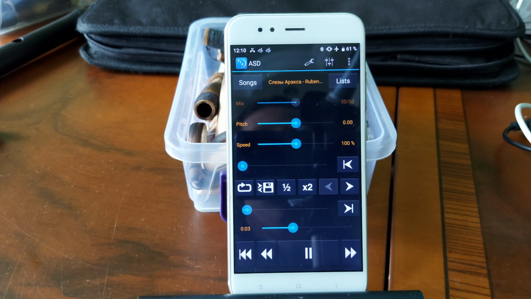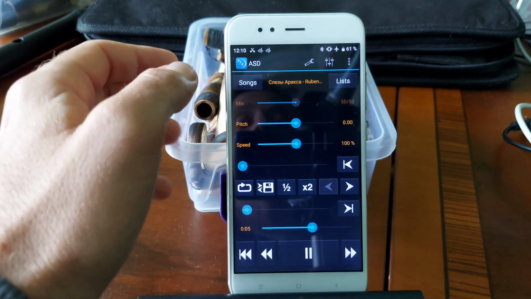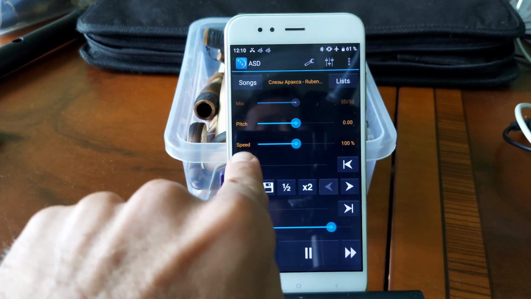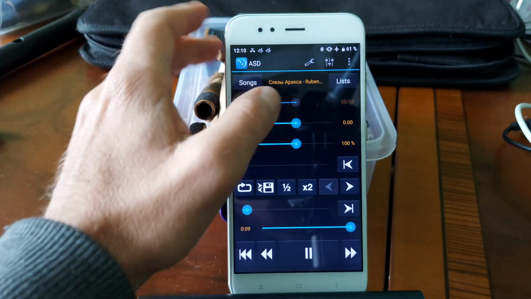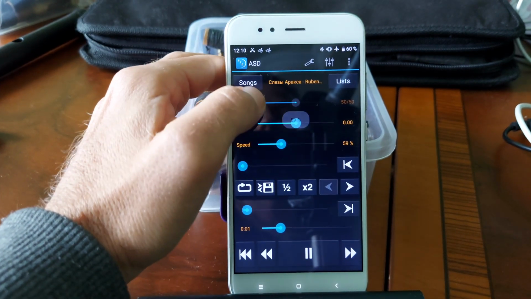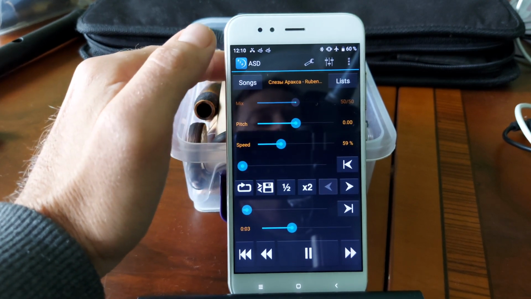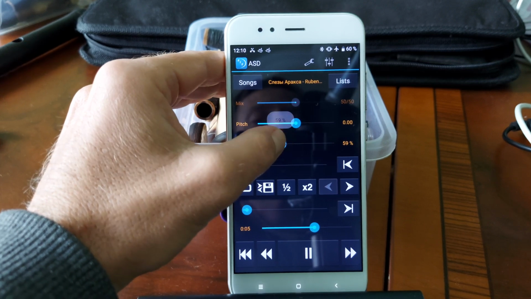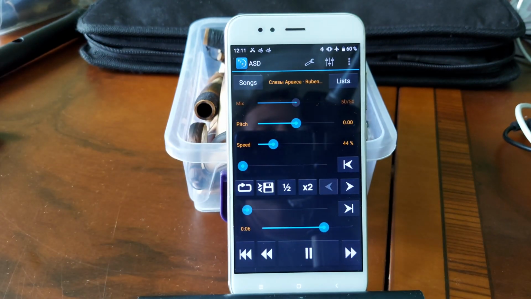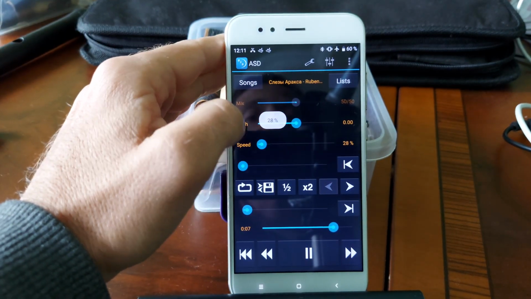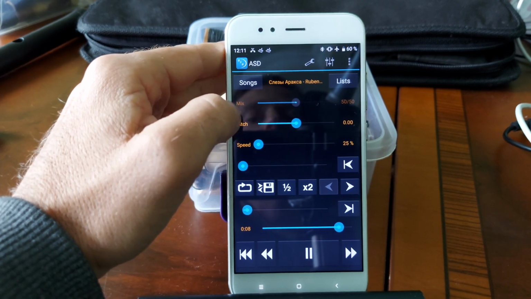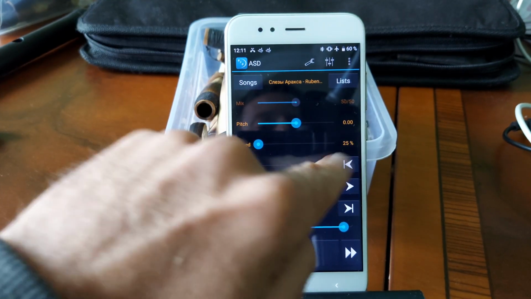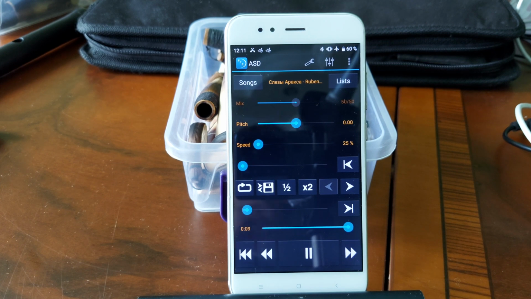If the speed is too fast, I can slow it down with this bar, which is called speed. Now it's 59% or slower, so we can do it up to 25% of the speed, not slower.